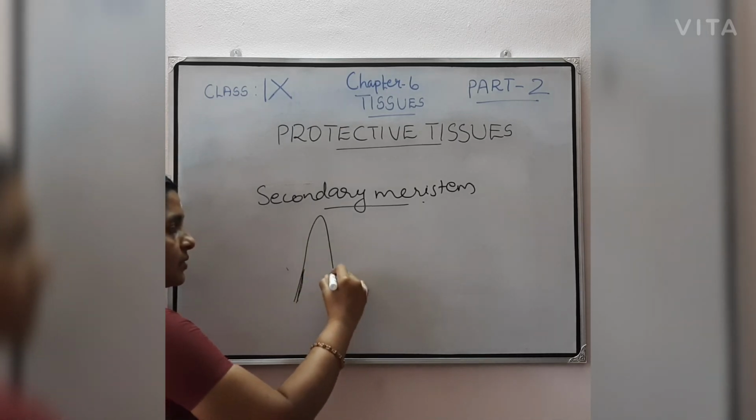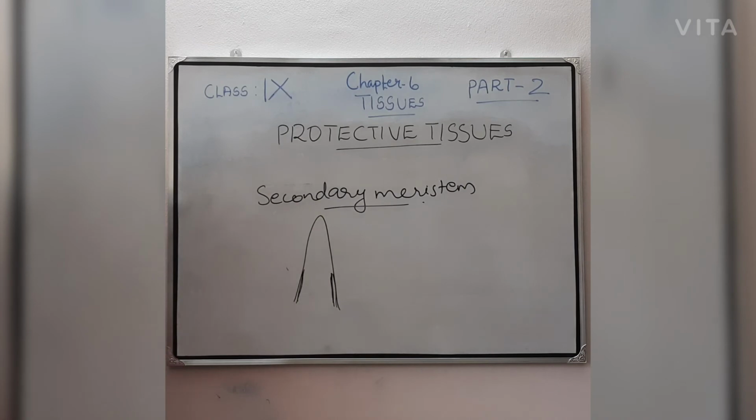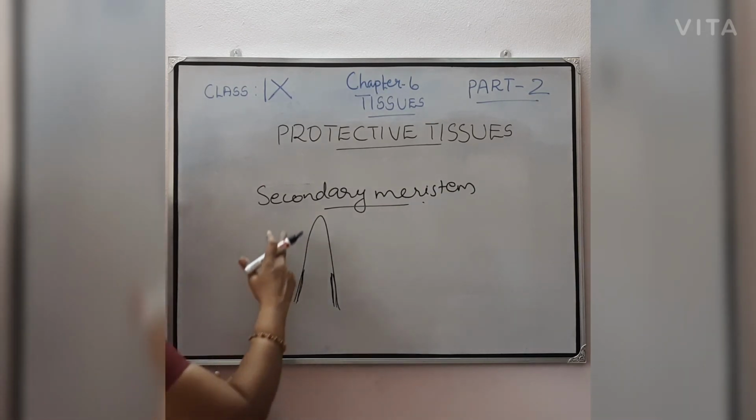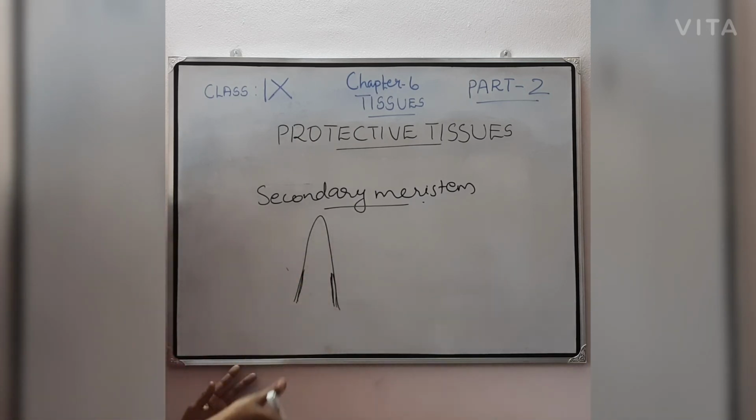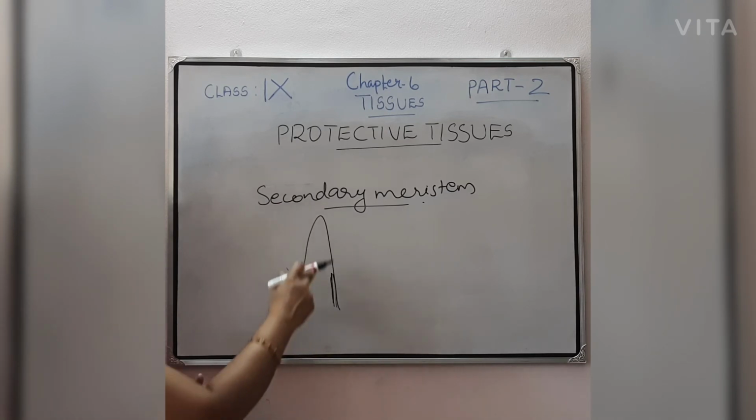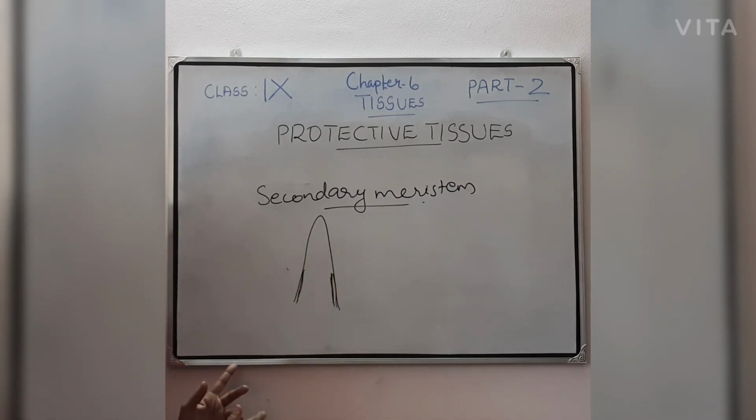The secondary meristem grows on the sides of the stem and root. Because of that secondary meristem, the stem becomes woody. Understand? So the secondary meristem undergoes division after the primary growth. After the primary growth, there is secondary growth. For that, who is helping? That is the secondary meristem. Then what is this cortex region?